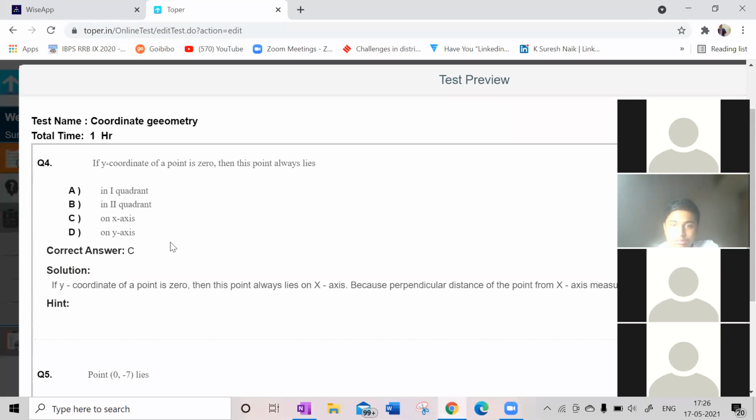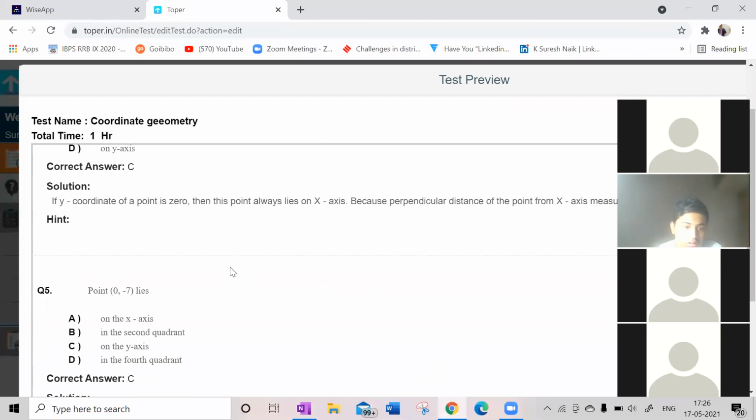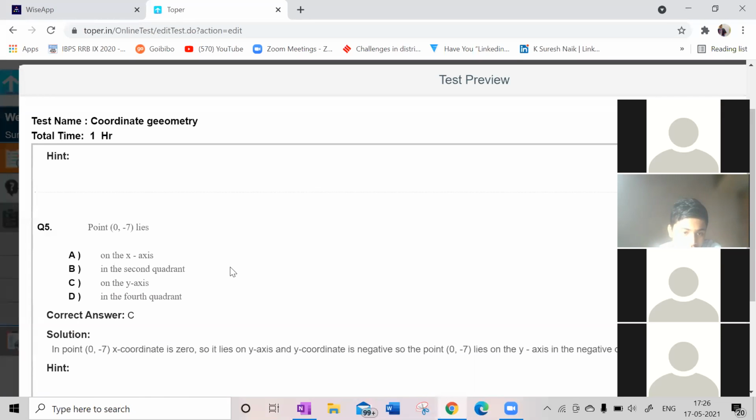Sir, for me the fourth question is different, sir. Actually, coordinate geometry only has been given, but I do not know what went wrong. So we'll check it. For me, the fourth question is: if we join the points -2, 0, 0, 1, 0, 2 in the order, then you might have got your 10th standard paper. I'm not sure, but I have given the 9th standard paper only. We'll check it out. Don't worry. Cool.